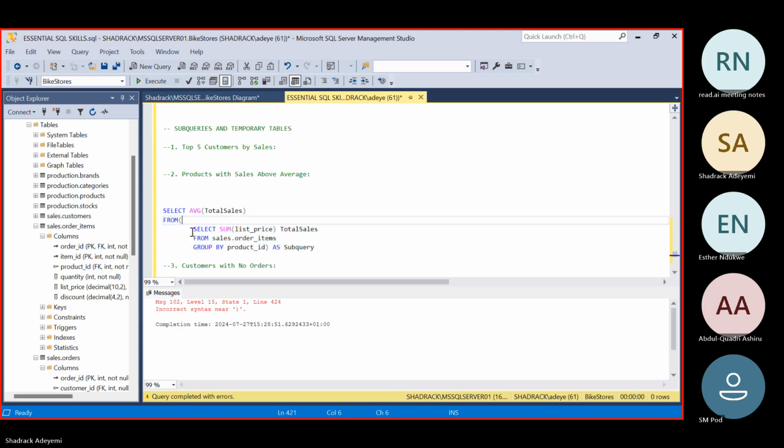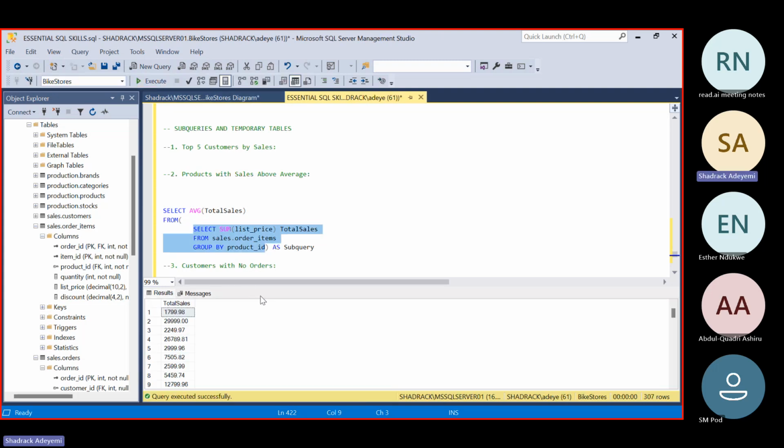Okay. Select the sum of this as this from this table, group it by this, as a subquery. Yes. All right, so this is why sometimes it gets very tricky when you're putting a clause inside a clause. But basically what I'm trying to explain here is I'm getting the total sales from a list price and I want to group it by the product ID from this table.